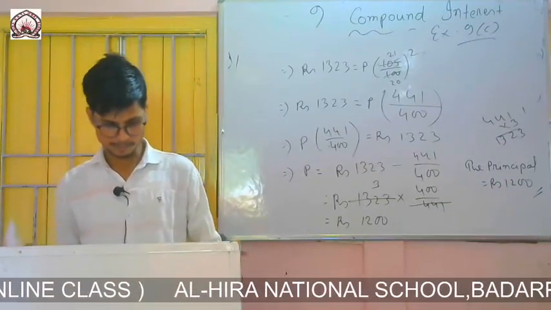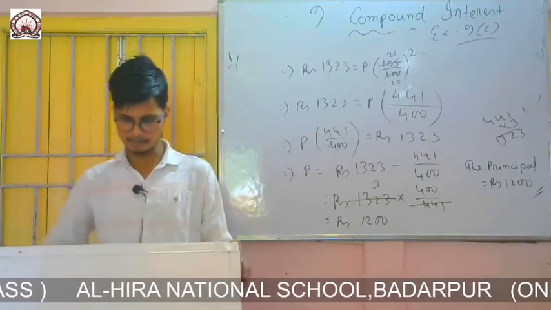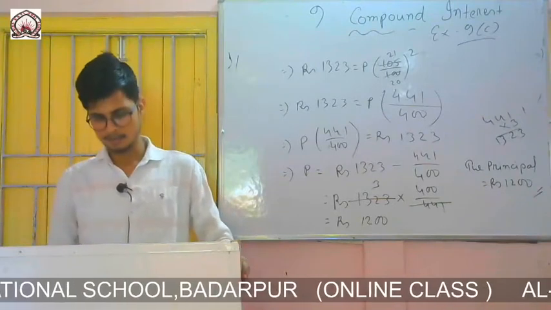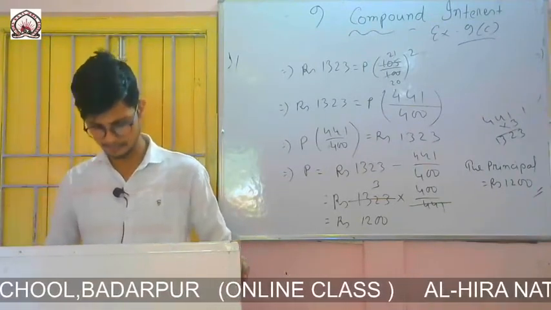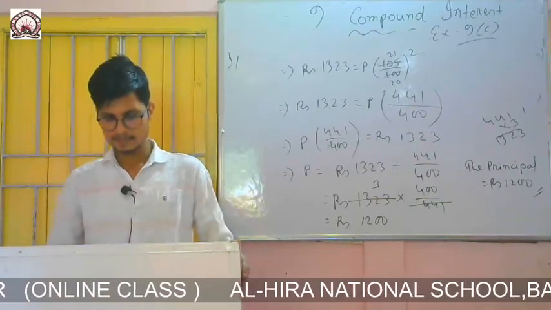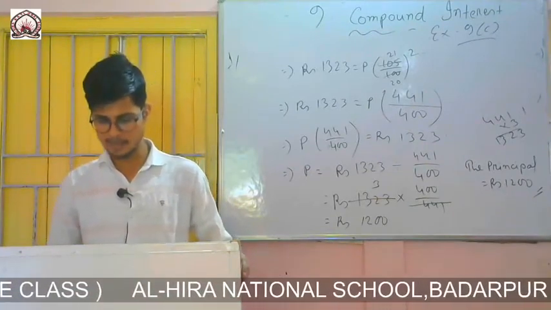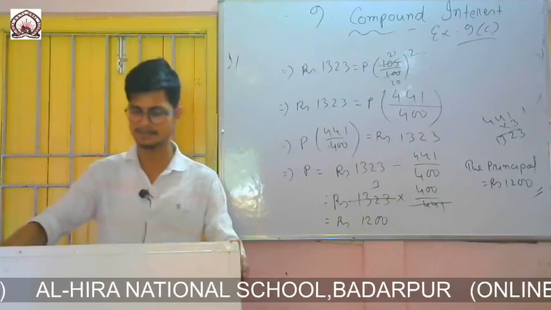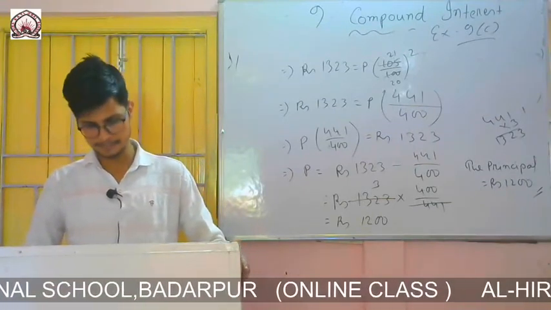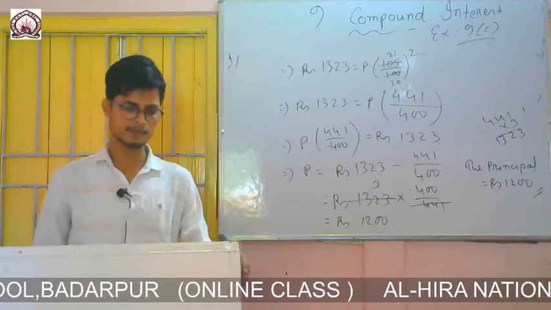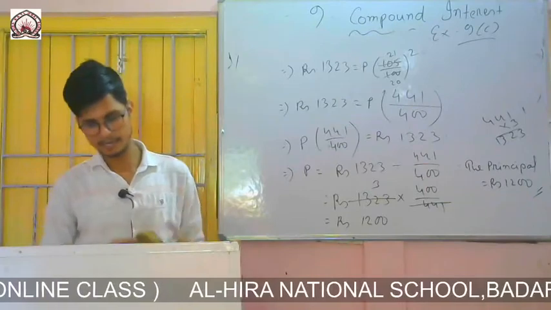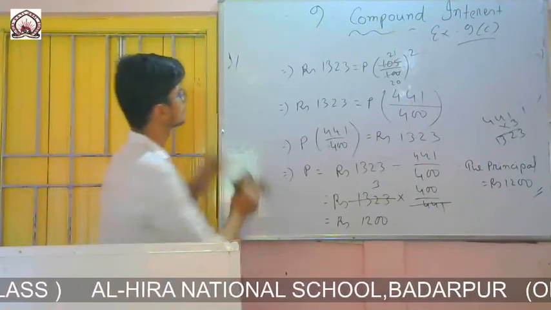So now question number 3. A certain sum amounts to rupees 1331 in 1.5 years. Now I am doing question number 3, okay. Amount is given 1331, time is given 1.5 years, and rate is given 20% per annum, compound interest compounded half yearly. Determine the sum. That means you have to find the principal here. So same like earlier, okay, let me do this one.